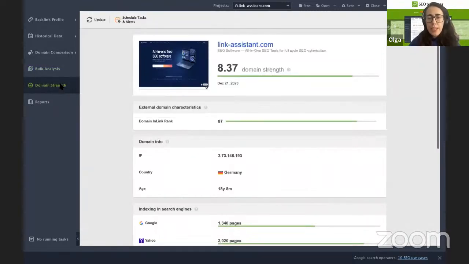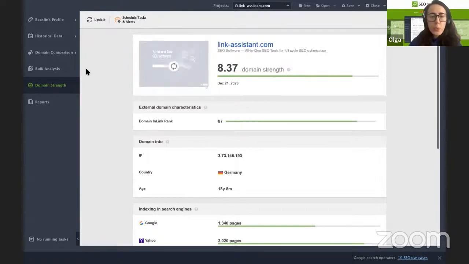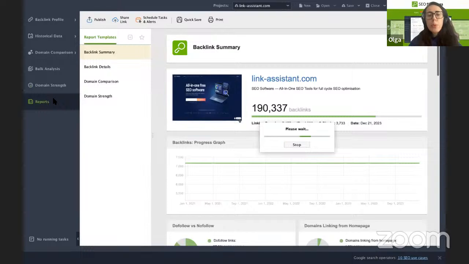Domain strength is where you can analyze how strong your domain is. So the software calculates this score, and it shows you like the most important domain metrics for your website. And under reports, you'll be able to generate all kinds of reports with different backlink stats. If you need to present those reports to your clients, for example,